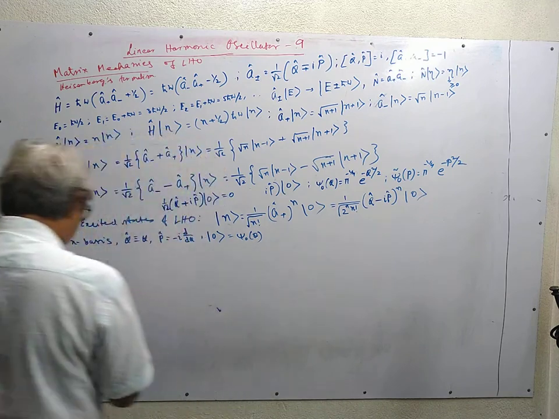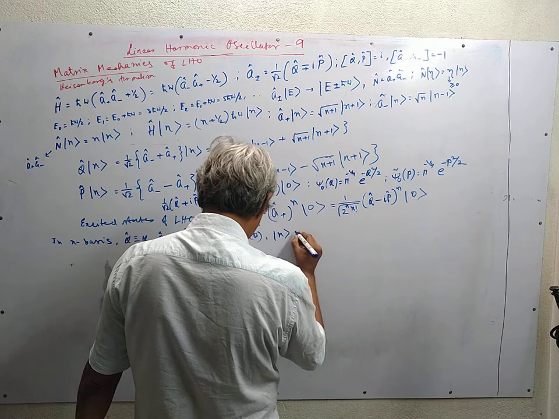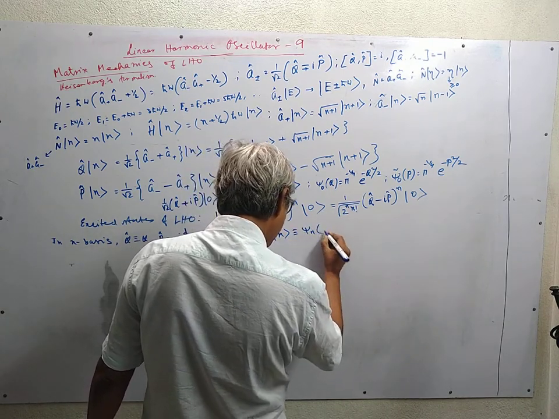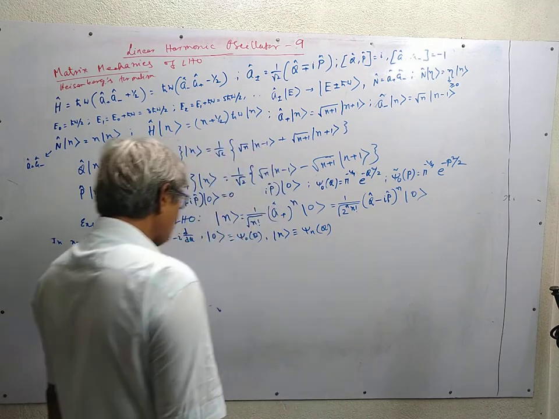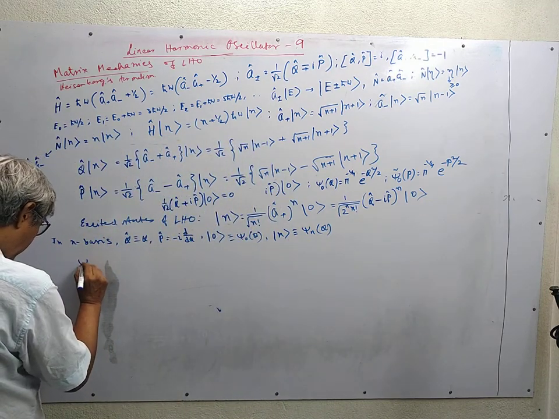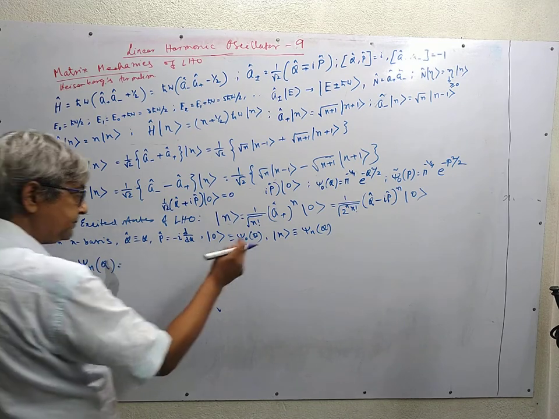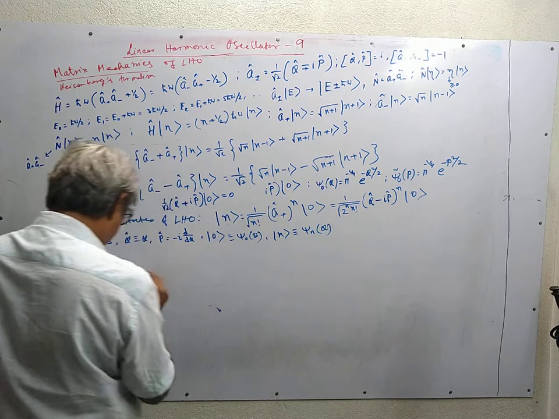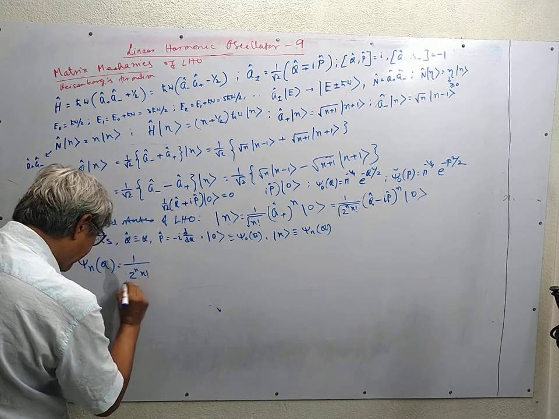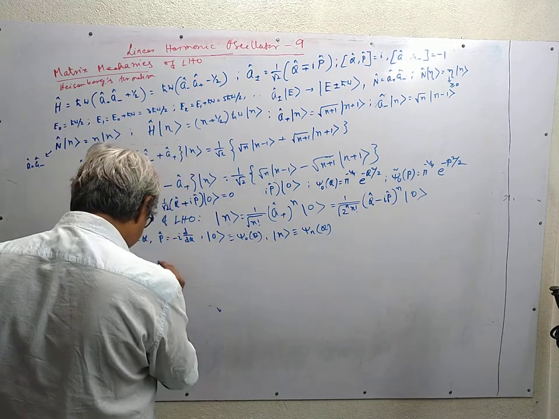So we write, and this is equivalent to psi n of q. So left hand side, psi n of q is equal to this part, 1 upon (2 to the power n factorial) under square root, and then this factor